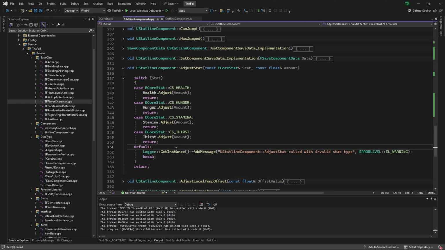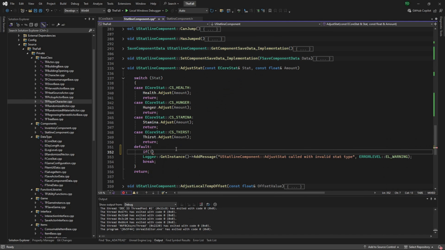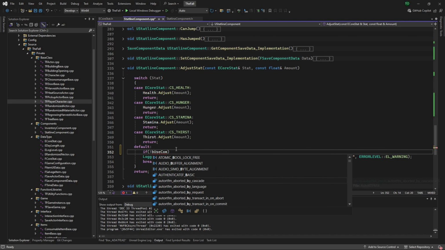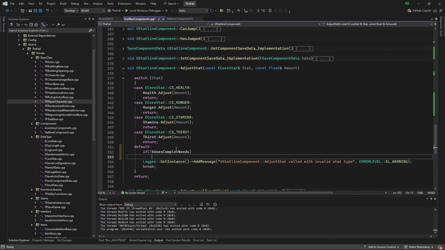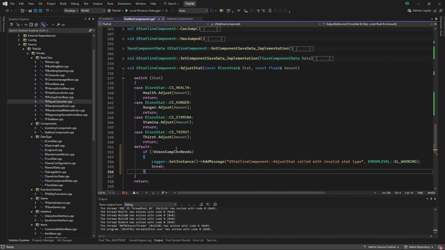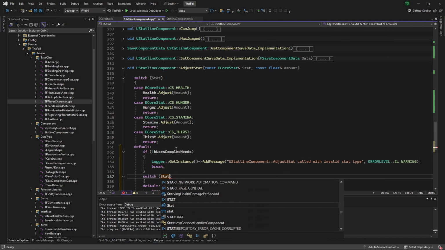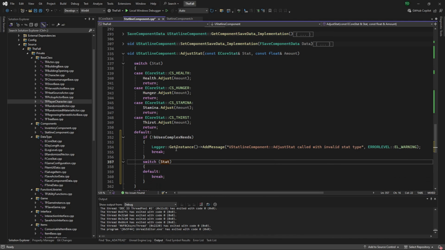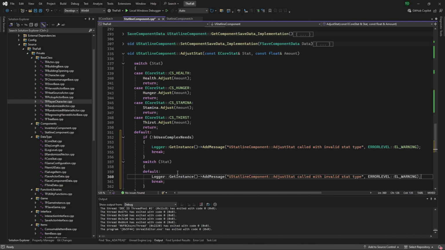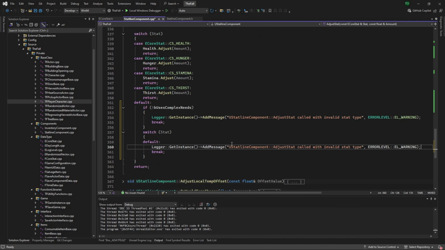So if uses complex, and if not, switch on stat, copy our logging message and bring that down. Just that call